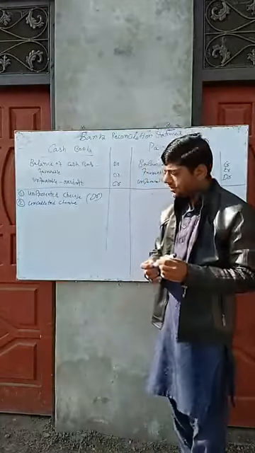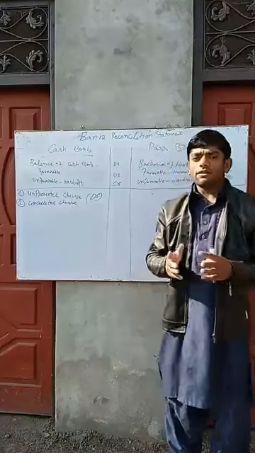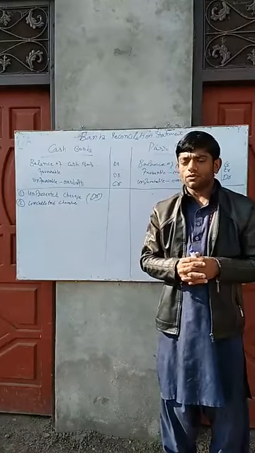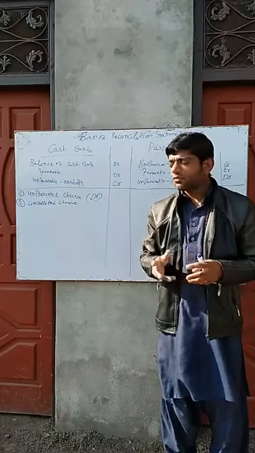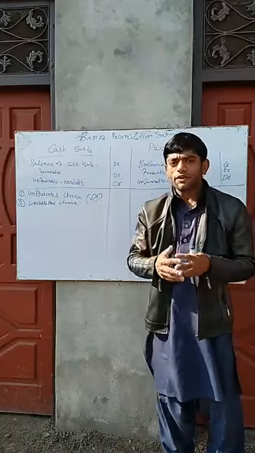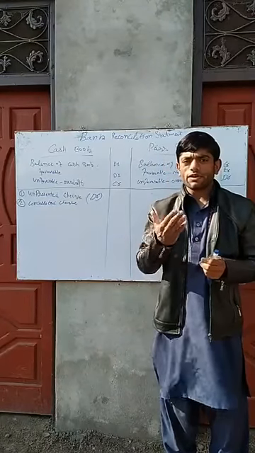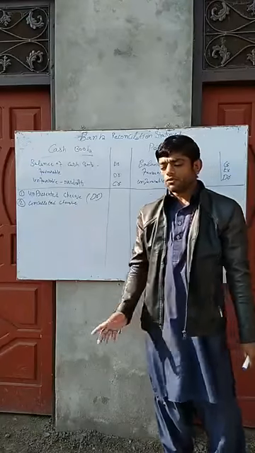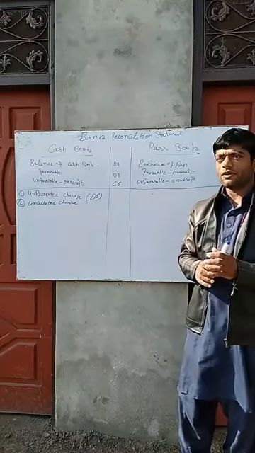Uncollected check. This is when a customer says, I deposited a check in your account, and we debit it in the cash book, but the customer has not paid, so it is not credited in the passbook. So the customer has not paid the check but we recorded it in the cash book, so the cash book balance is more. Because the check was not collected, it is not recorded in the passbook. Due to this, the balance of the cash book and passbook is different.